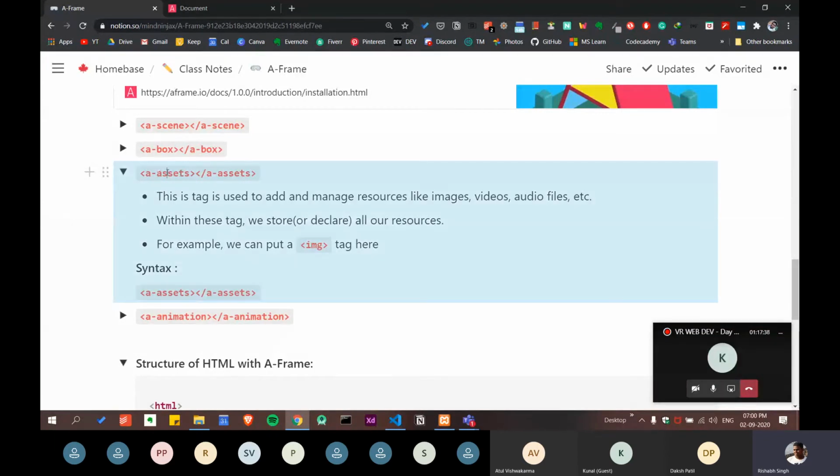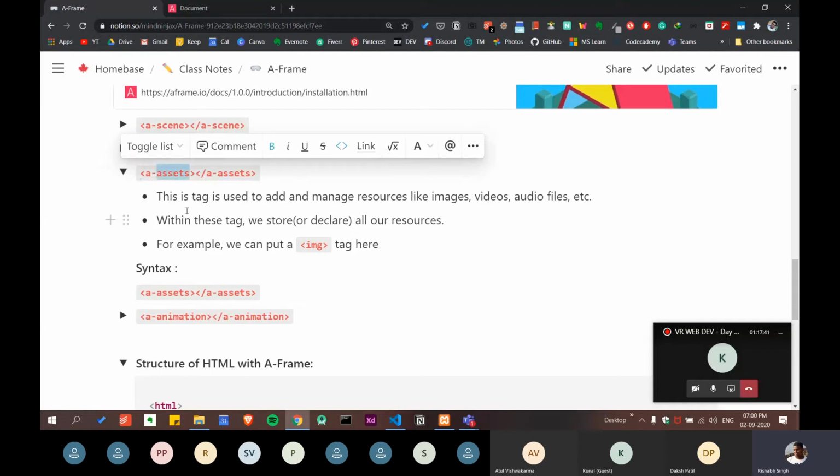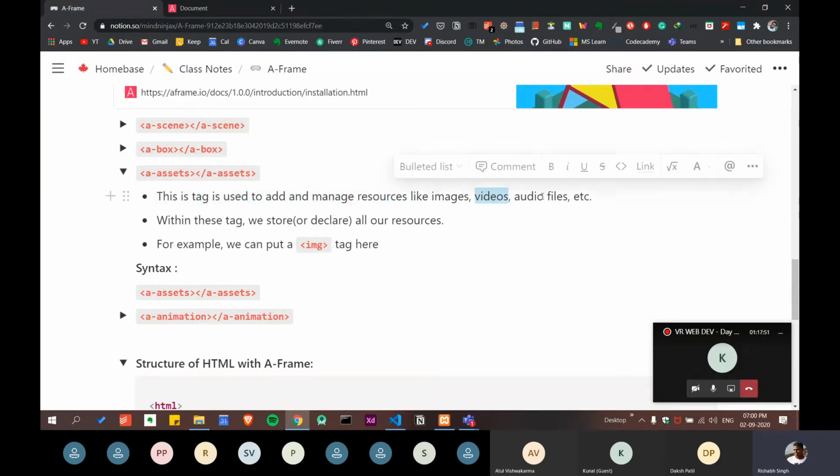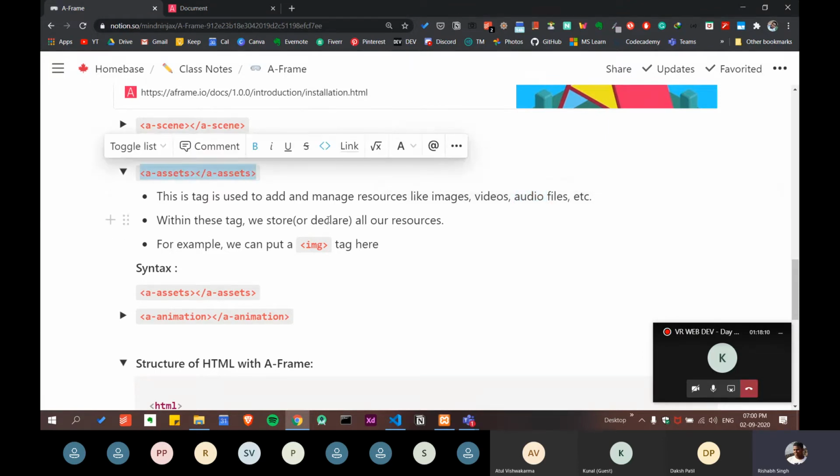And then, this is a very interesting tag. This is called the assets tag, and the purpose of this tag is that later on we are going to add images in our HTML. We are going to add a lot of images. You can also add videos and audio files, and we are going to see how to do those in our next session, that is tomorrow. You must store these somewhere, and the best place to do it is the assets tag. If you want to use some files in your AR project, you have to declare them here. And how to do it, let's see.